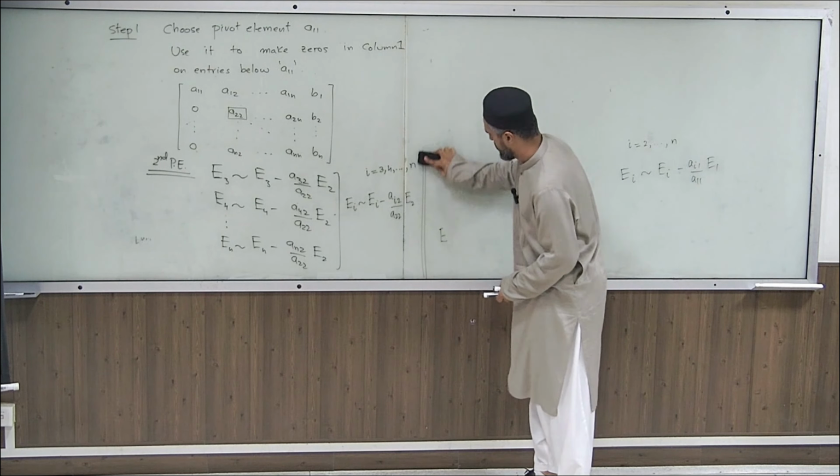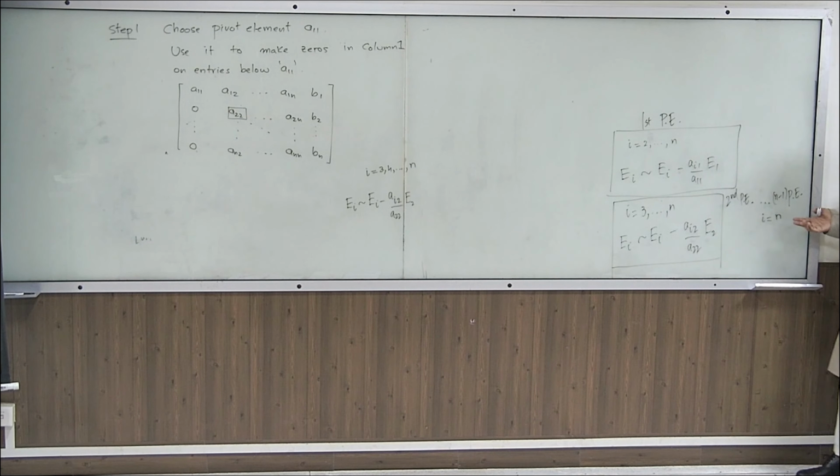Okay, and can you write for n minus 1, I will run from which point? I will only run at n, because when we have this value as 1, i runs from 2. When we have this value as 2, i runs from 3. So if I have the n minus 1 pivot element, we have only to run at the last row,